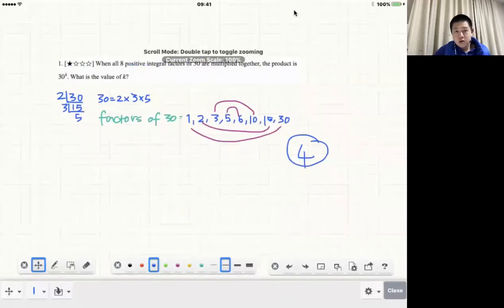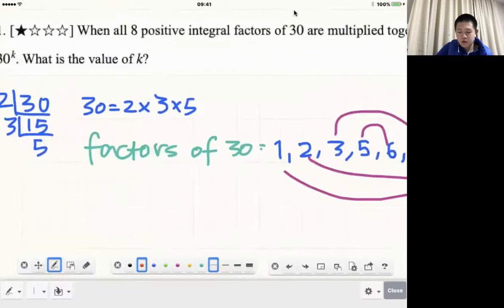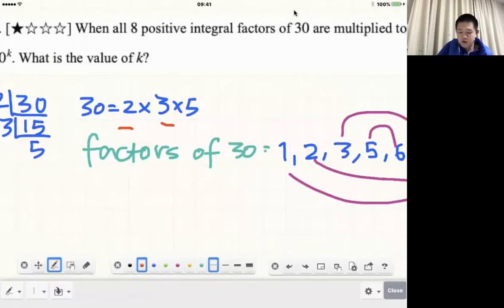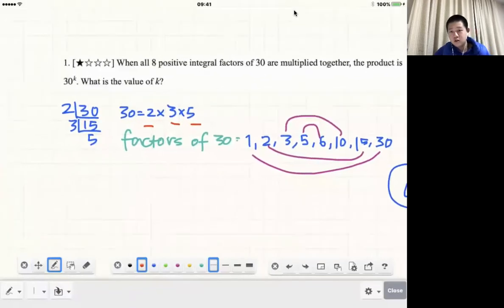For the first question, it asks about the product of the 8 positive integral factors of 30. This is a very straightforward problem that only has one star. You just have to first factor out 30, then you will get a 2, a 3, and a 5. By doing this, you can find the factors of 30: 1, 2, 3, 5, 6, 10, 15,